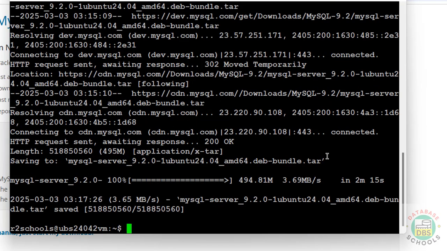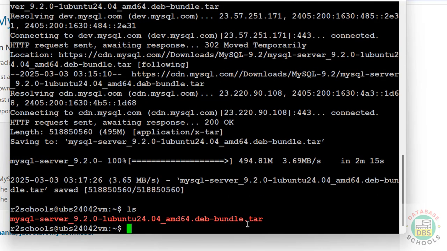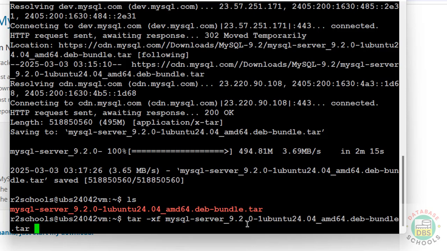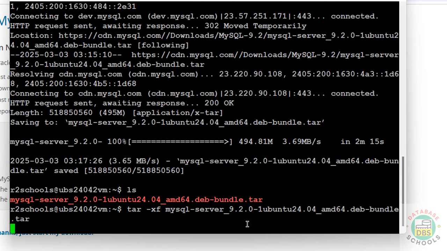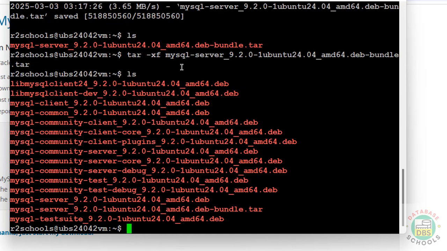See, download is completed. ls. See here we have the tar file. We have to untar this file. tar -xf, give the mysql name, press tab to autofill the entire tar file name. Hit enter. Extraction completed. ls. See here we have the list of the Debian packages that need to be installed to install